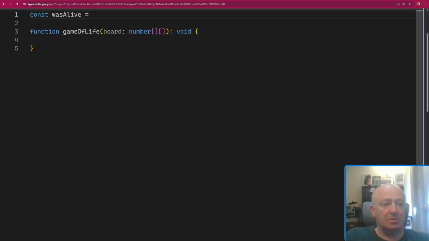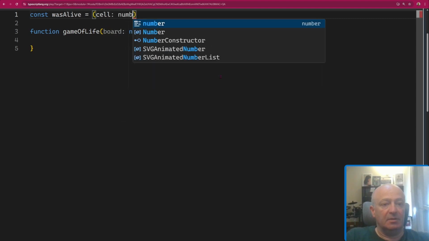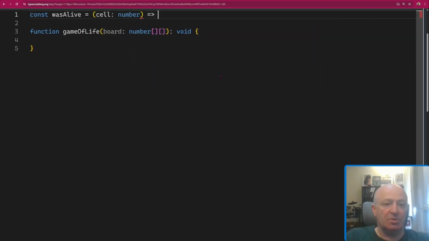That will be a function which will take the value of the cell, which in our case is 0 or 1, right? So we'll take that and return what? So it will say cell and